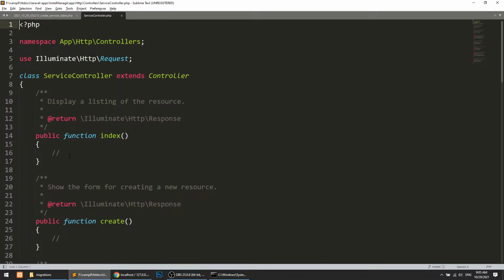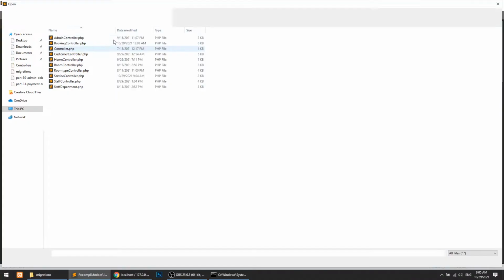We will create the listing and creation view, I mean create and read functionality, in our next video. In this video I just want to show you how we can create the model, migration, and resource controller, and now we will create the resource route.